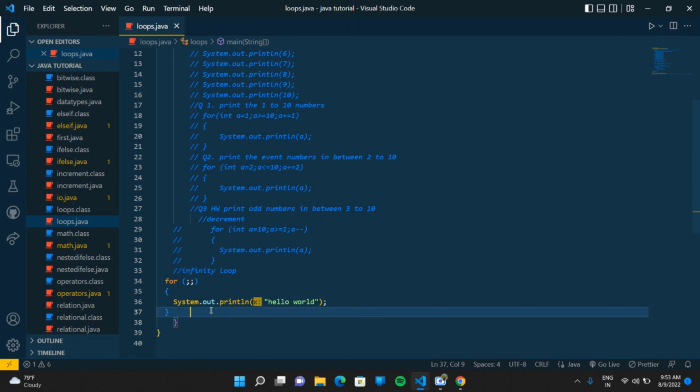Then next is the nested for loop, right? Nested for loop. In a nested for loop, we are